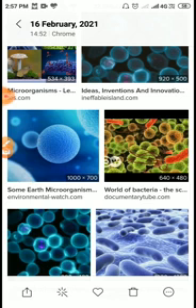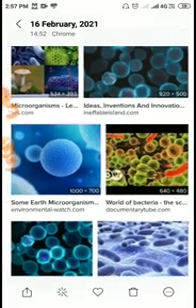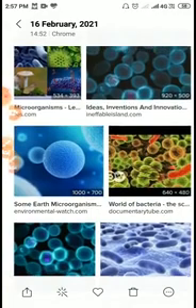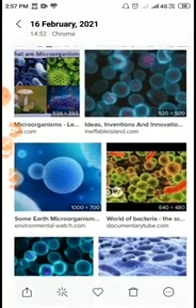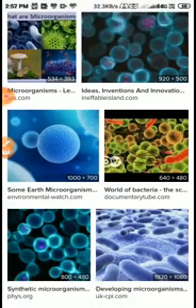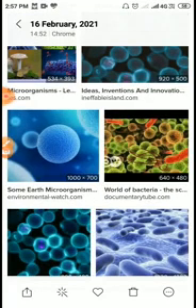My dear students, come to the next bacteria, that is azotobacter and nitrobacter. These bacteria are mainly responsible for releasing nitrogen from dead and decaying materials into the environment, so that the nitrogen percentage will be maintained. That is the nitrogen cycle. So these bacteria maintain the nitrogen cycle in the atmosphere.